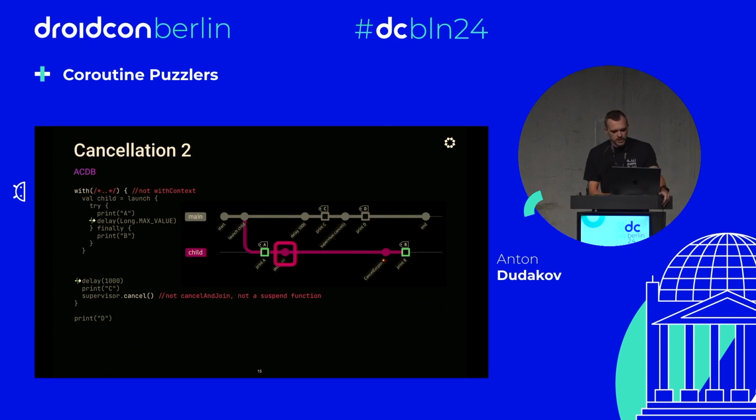So first of all, we launch a coroutine, and it's with it. It's not with context. It's just with it. It's another thing. It's a trick. So it's not like we launch a coroutine, it's just another thing. And we print A, then we have this infinite delay, and since delay is a suspend function, the control goes back to the main coroutine, which prints C, and then it cancels the